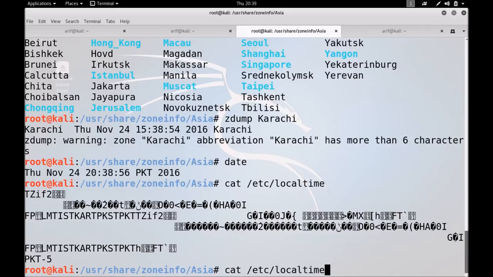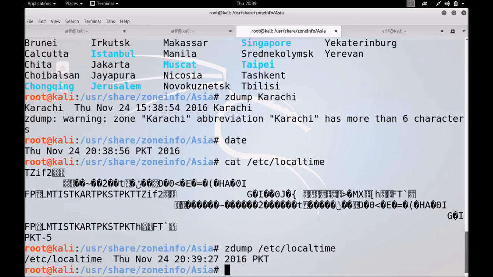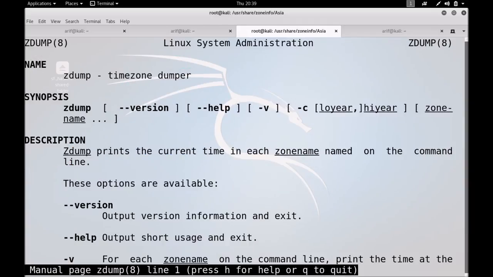Okay, and if I zdump with this, yes, this is giving me the correct time. Okay, so the point to be noted is zdump is a program that can be used to read the time zone file. The time zone file cannot be read by a simple cat or less program.